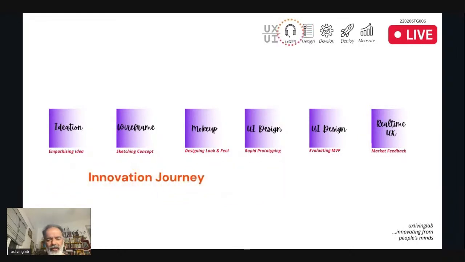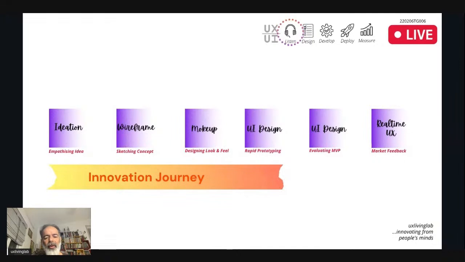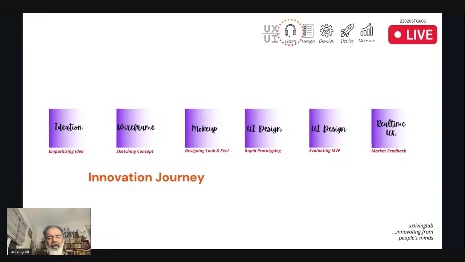How, as a UI designer, it is connecting to you, or how an innovation journey is syncing with UI design steps. So, empathizing idea, of course, it's the ideation step of a UI designer. As a UI designer, you have to make up your idea, and it's called the ideation process.